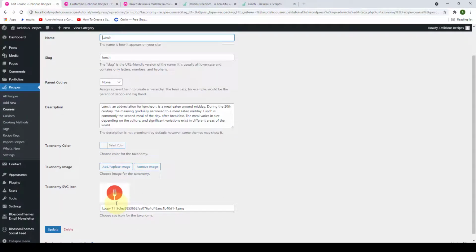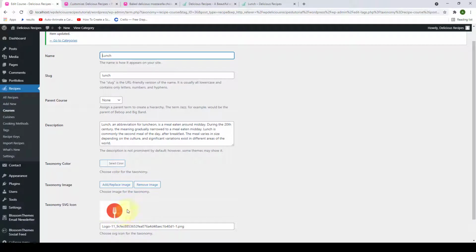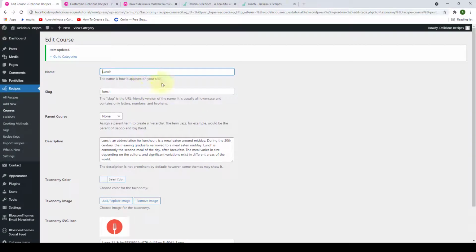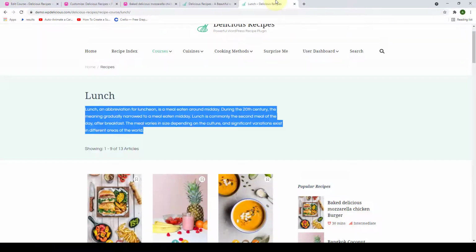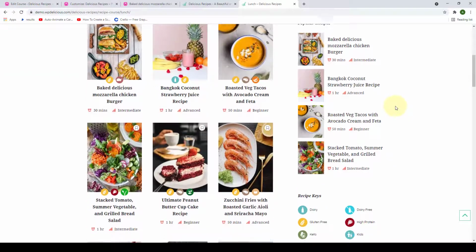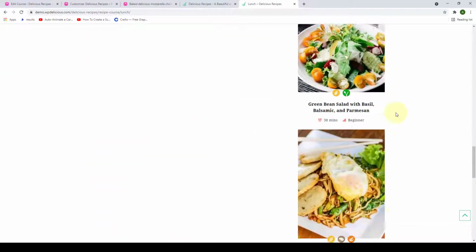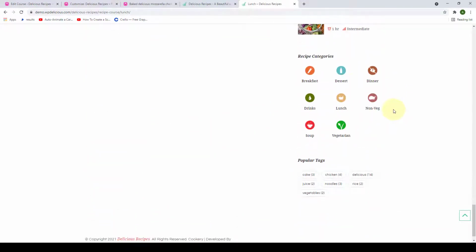Now if you are wondering where the icon you have selected will appear and how it generally looks on your site, then let me show that to you as well. Just go over to the demo page once again, and if you scroll down on your sidebar, you will find recipe categories. I will also show you how you can easily configure your sidebar widgets in a while, but this is how